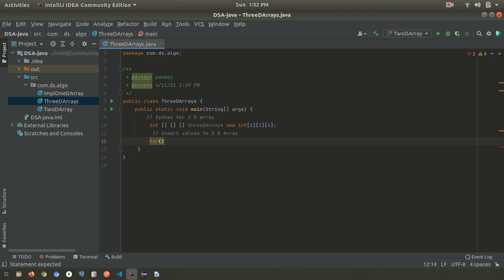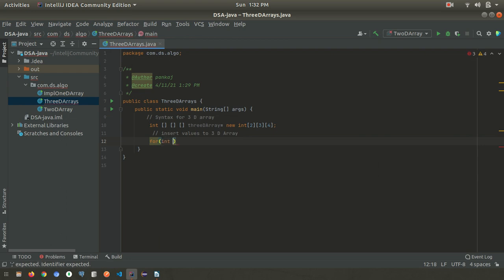You'll ask why we are using 3 loops for a 3-dimensional array. The reason is, the first for loop is for the 2D arrays, since internally it contains 2D arrays. For the block of rows we have a separate for loop, and for the number of columns we have one more loop. So in total we are going to use